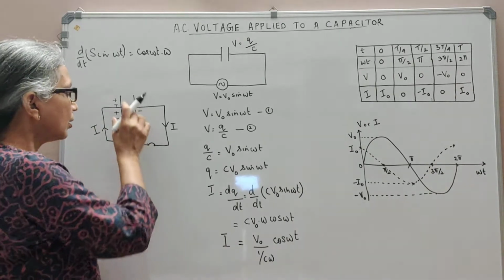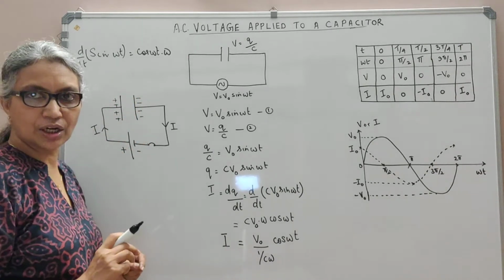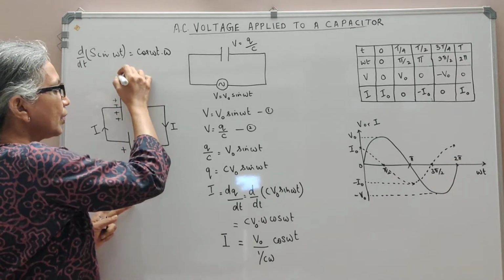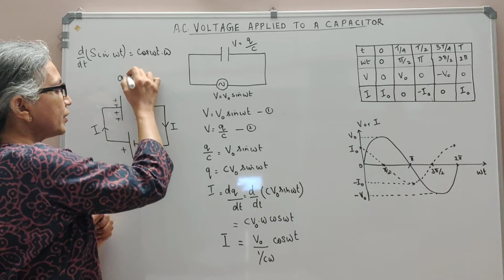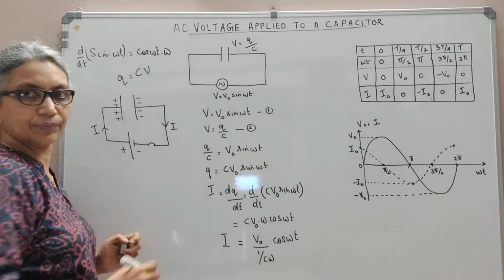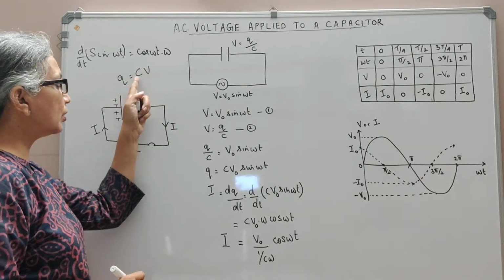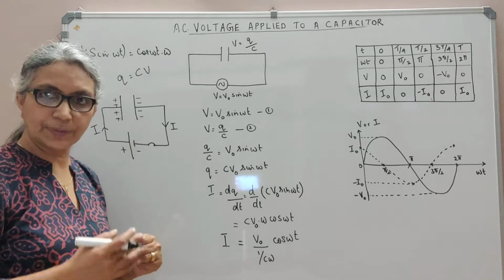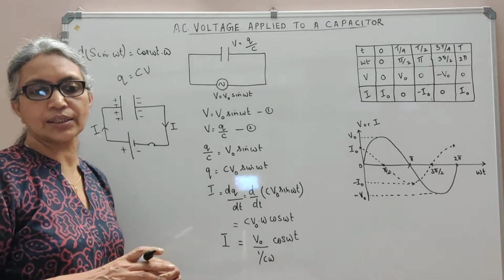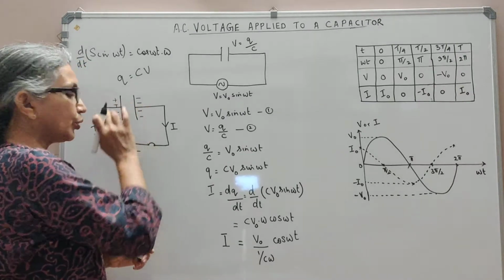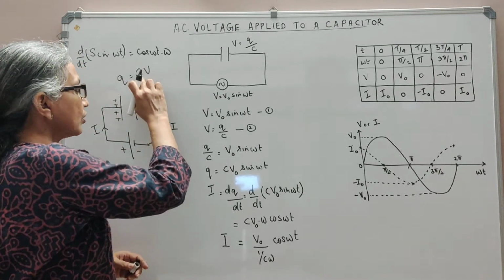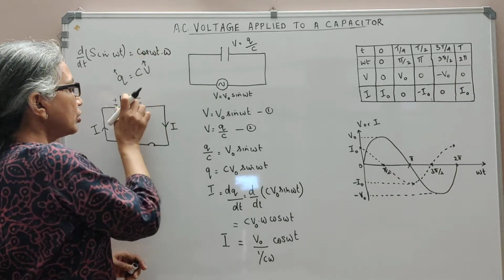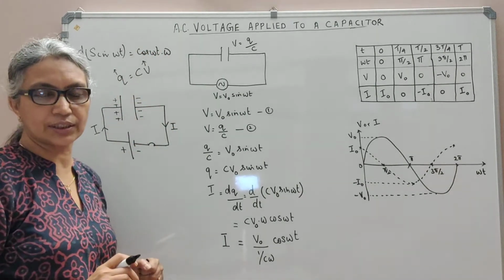So you see, the plates of the capacitor are charged now, and we already know from the second chapter that Q is equal to C into V. Now, C is a constant, A epsilon 0 K by d. Depending on the plate area, the distance between the plates and the dielectric medium between the plates, we know that C is a constant. And as the charge on the plates increases, the voltage across the plates also goes on increasing.